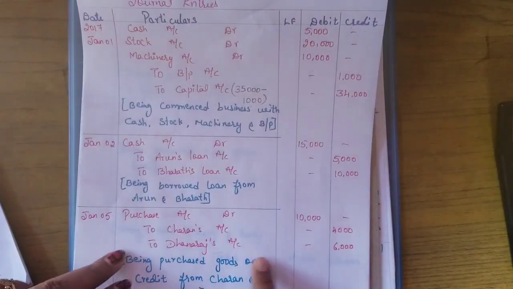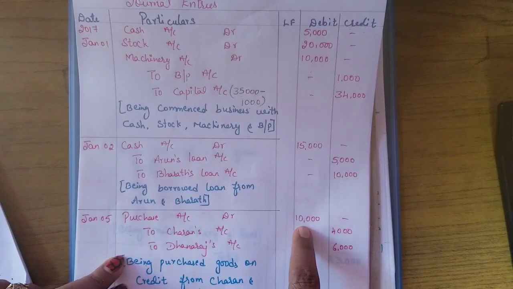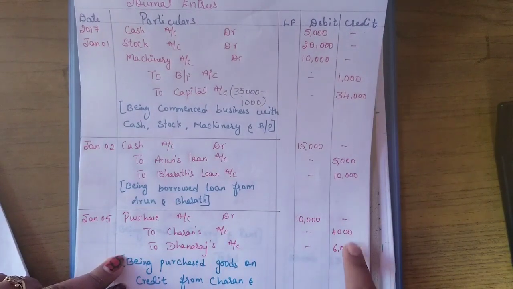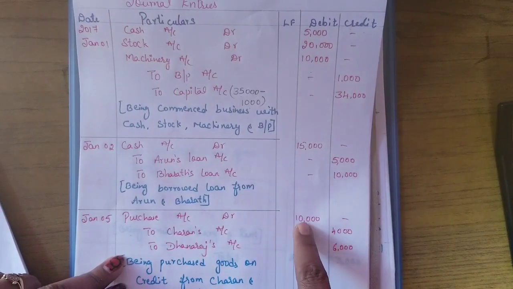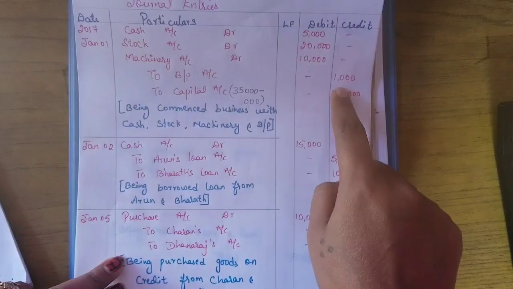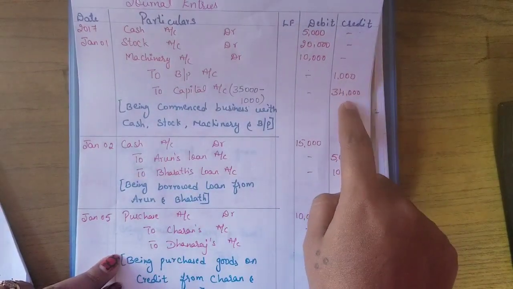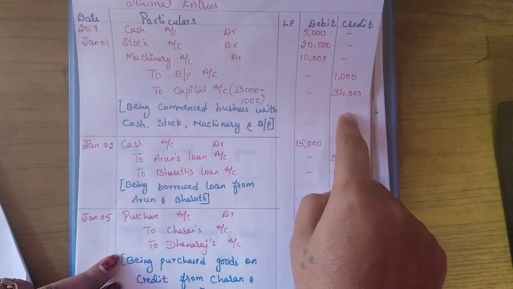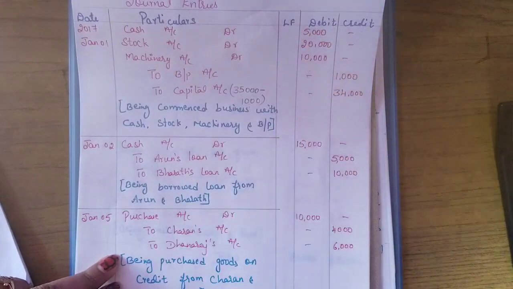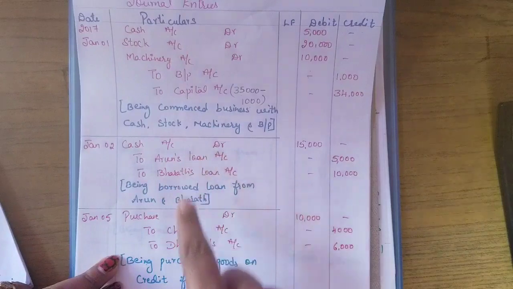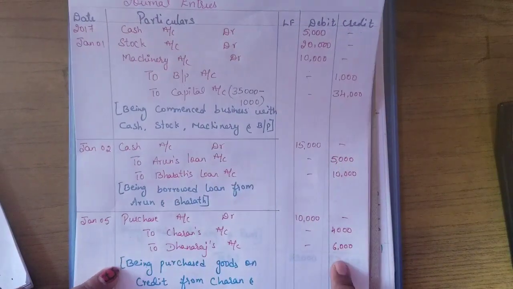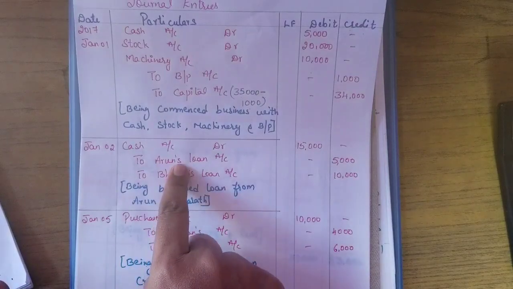When you see here, total purchase is 10,000 and both the accounts here it is credited. Total of these two should equal to the 10,000. 6,000 plus 4,000 it is 10,000. Right? So here you can see 1,000 plus 34,000 is 35,000 total. When you add all the debit items, 3 items, it will come to 35,000. So when you pass the entries, you have to see the amount also whether it is tallying. If not, you have to cross check the entries.